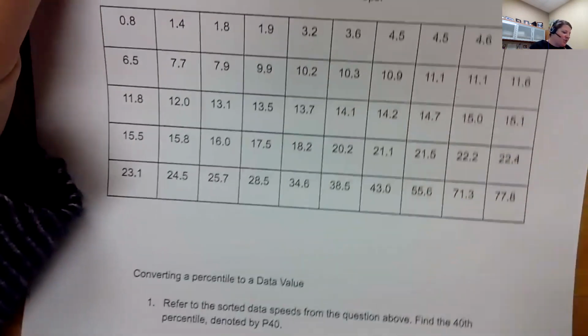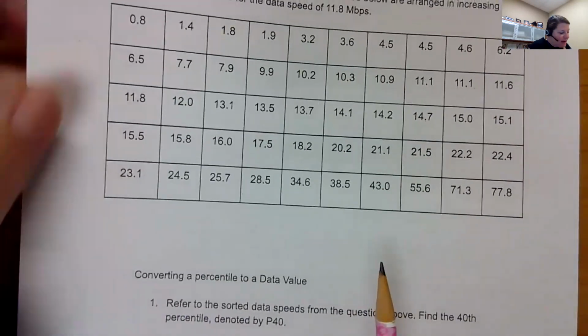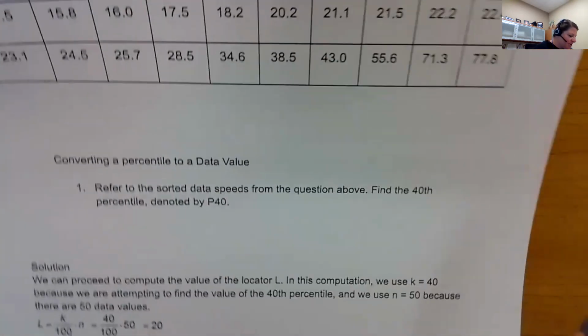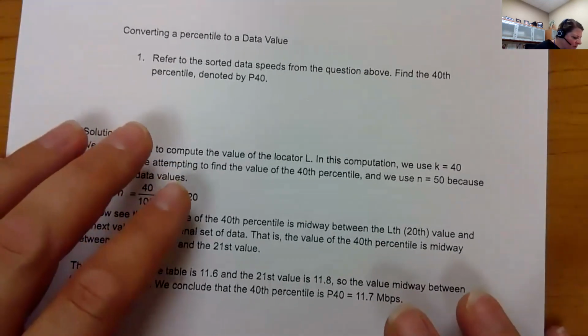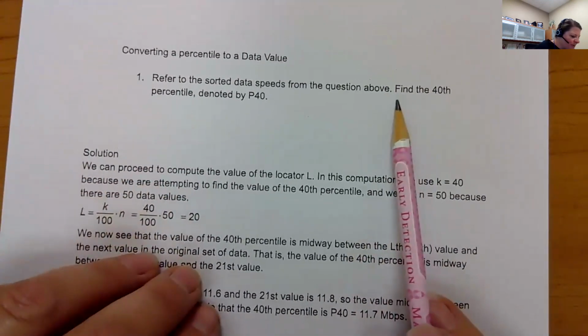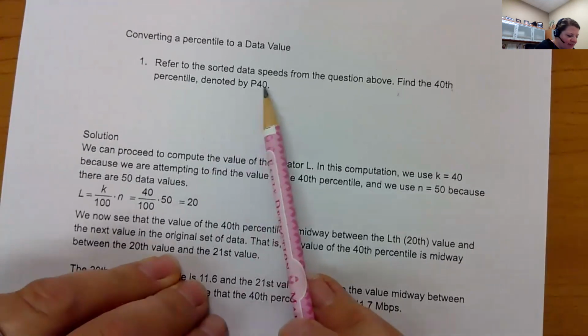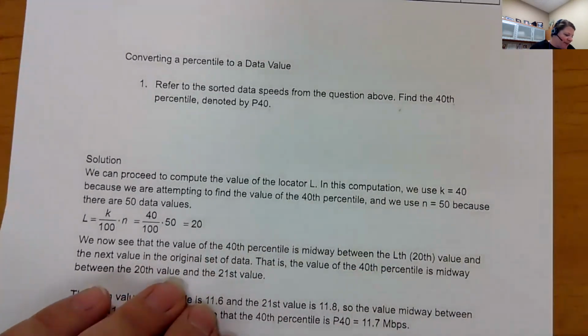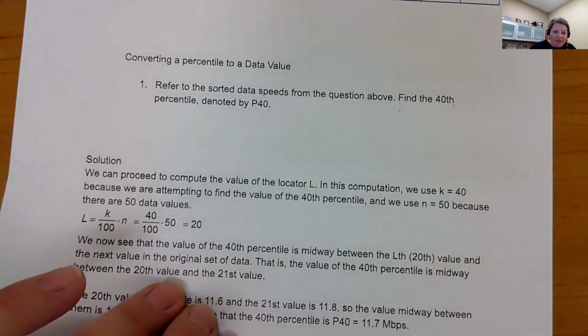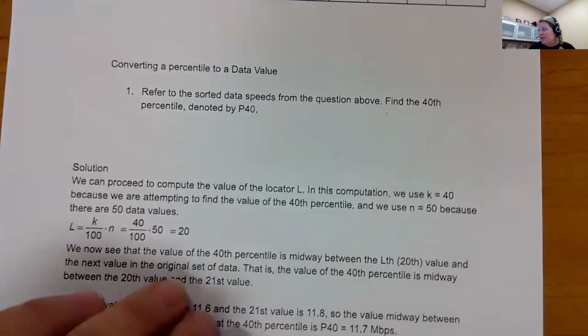Oh shoot, and then I showed one. This one's more for my in-class. If you look at this note sheet, it's the same kind of question we just did. Refer to the sorted data speeds from the question above. Find the 40th percentile, denoted by P40. So if we're looking for the 40th percentile,